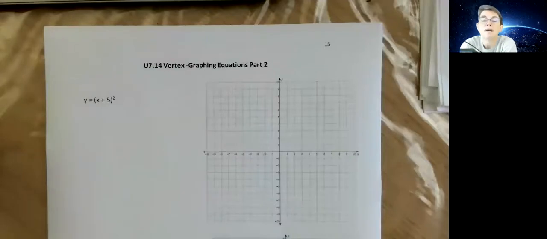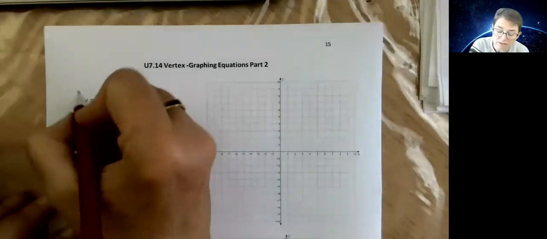Hi there. This is some more practice on Vertex graphing equations. So this is the second page of it. So I challenge you to turn off the video. In 1 second, I want to just make sure my suggestion